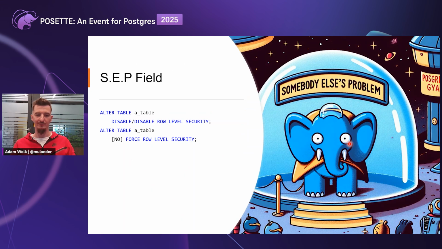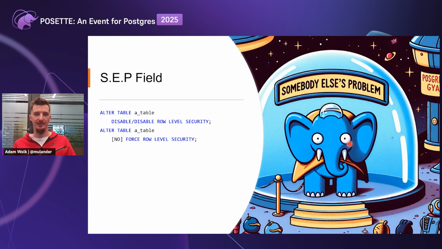If you're an owner of a table, you're exempt from the row-level security policies, and you can see all rows. You can change that with the force setting. So if you tell ALTER TABLE FORCE ROW LEVEL SECURITY, even you as the owner will be forced to obey the policies. Now, some other users essentially bypass it.